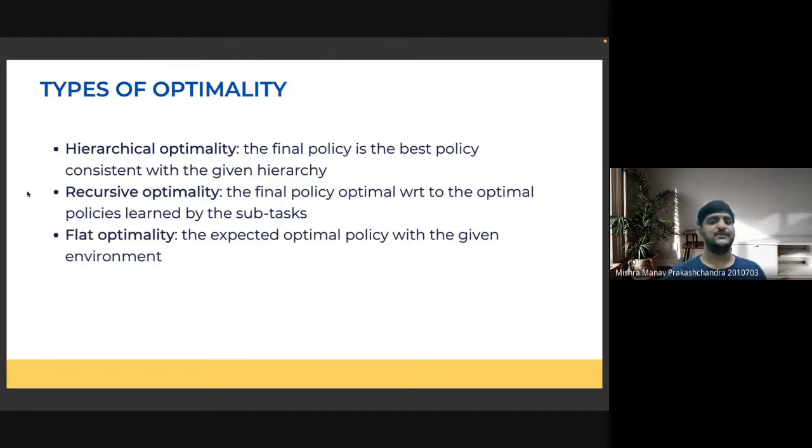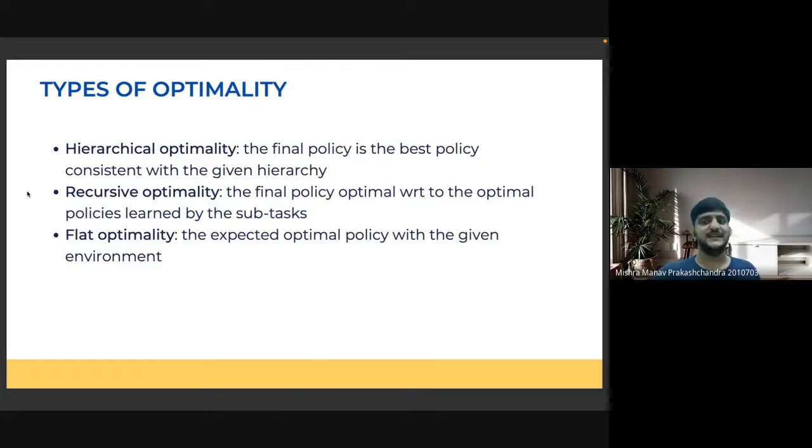So this optimality is defined by aggregating all the optimal solutions for each of the given subtasks. And then there is flat optimality. Flat optimality is basically the expected optimal policy for the given environment.